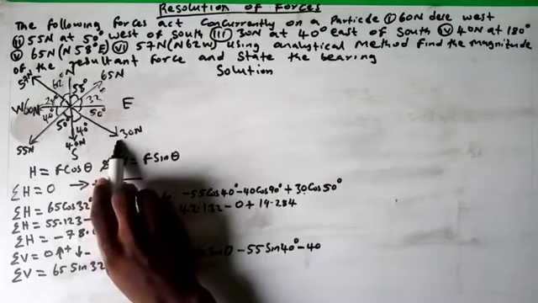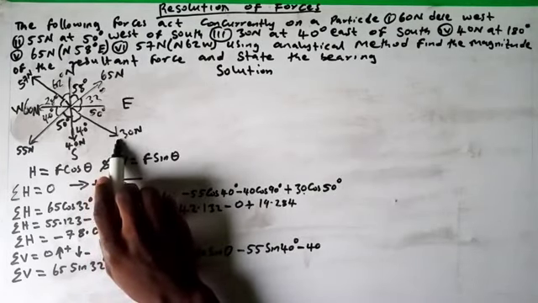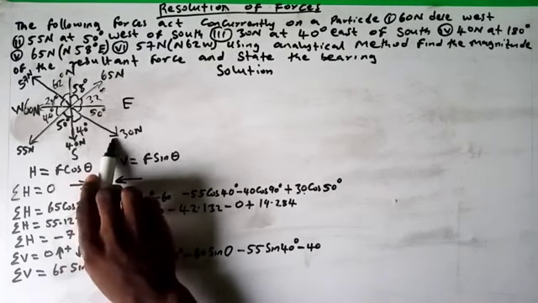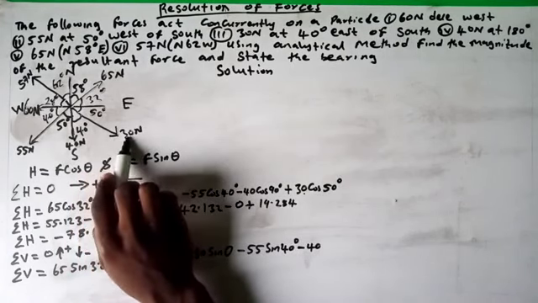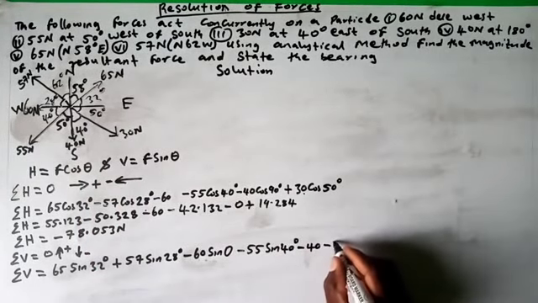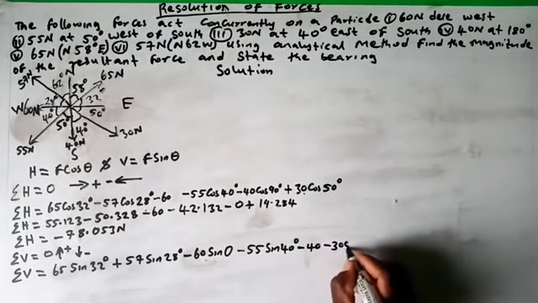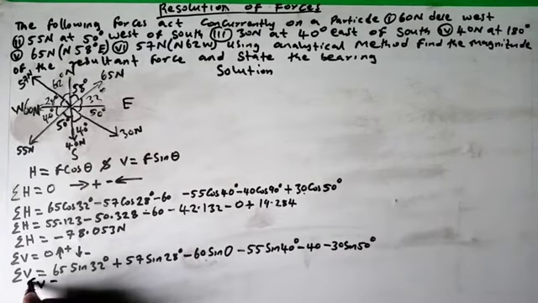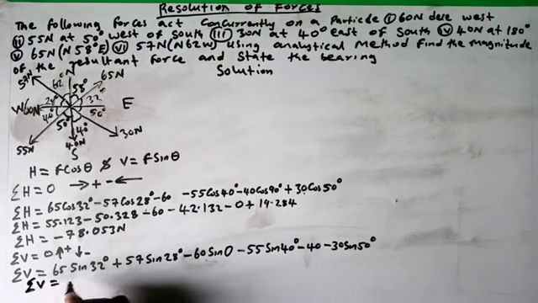The next force is 30 Newton. If we close this angle, the arrow points towards the negative direction. Therefore, 30 Newton is negative. So we have minus 30 sine 50 degrees. Summation of V will now be equal to